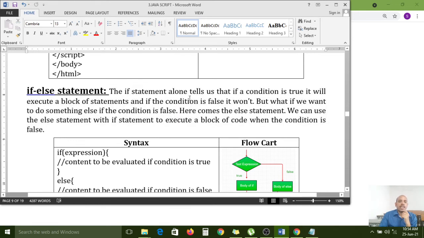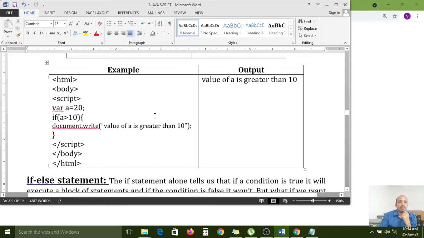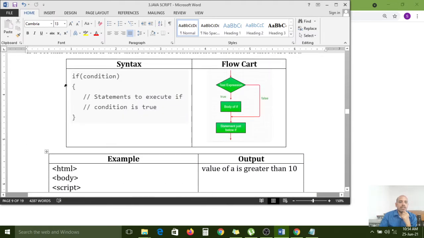The if statement alone tells us that if the condition is true, it will execute a block of statements, and if the condition is false, it won't. Am I correct or not? In the previous example, if the given condition is true, then only the if condition statement will execute. If the condition is false, then it will not execute this block.